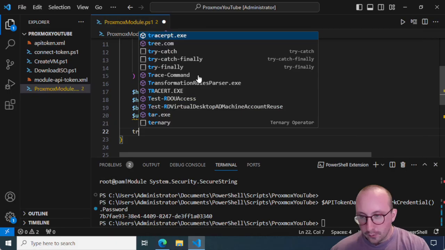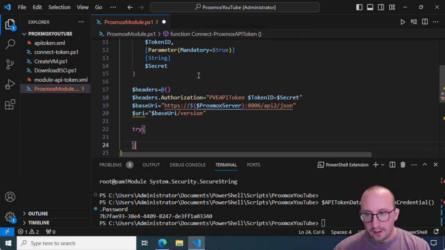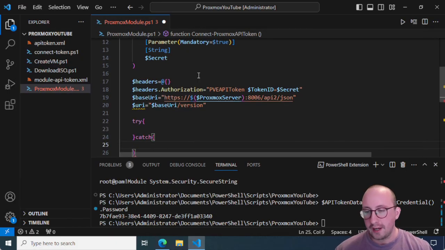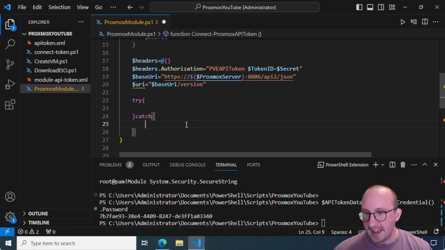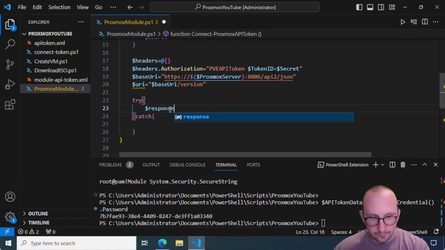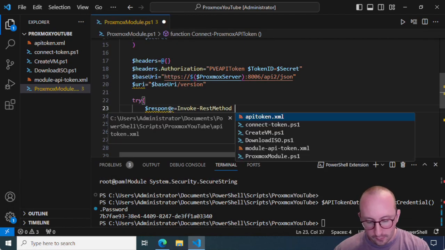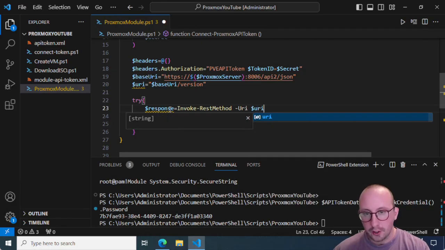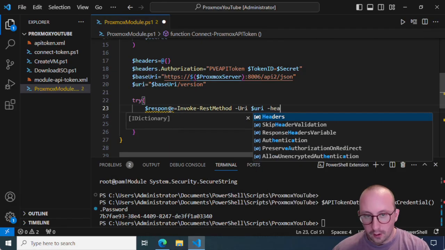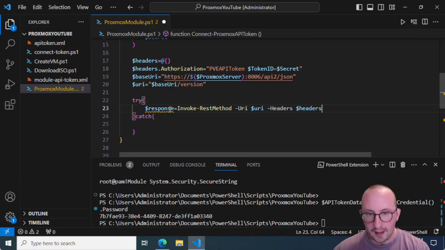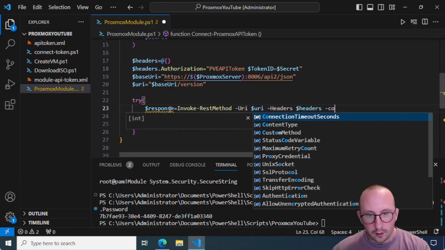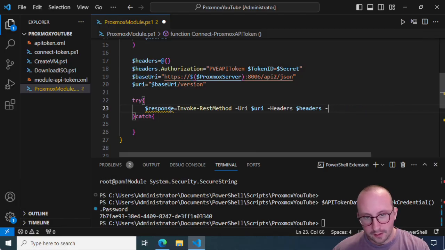All right, so the first thing that we're going to want to do is we're going to wrap this all in a try catch statement. So we're going to do a try set of curly brackets and then a catch and a set of curly brackets. And in the try statement here, we're going to do a response variable is going to be equal to Invoke-RestMethod. Our URI is going to be our URI variable. Our headers parameter is going to be our headers variable. Our content, that is content type, we're going to put that as